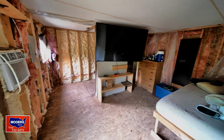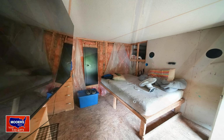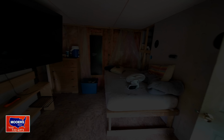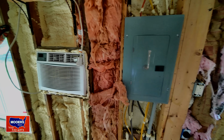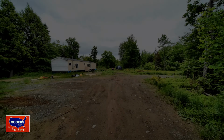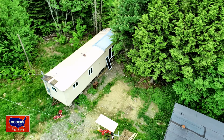You've got a hookup for washer dryer. There's a little bathroom started. You have a tub. This is your master bedroom. Just a camp, but sure beats sleeping in your car. It's a great place to live while you're building a house right behind it or beside it. Circuit panel, built-in air conditioner. This is your extra